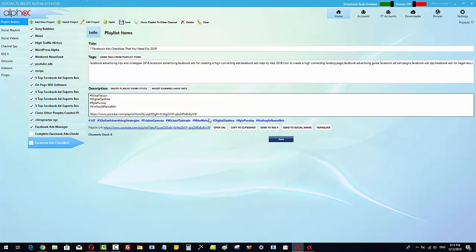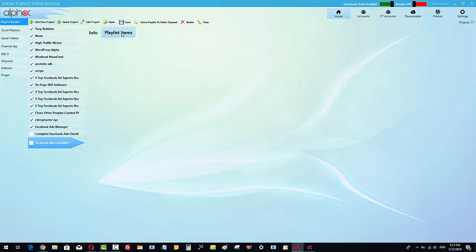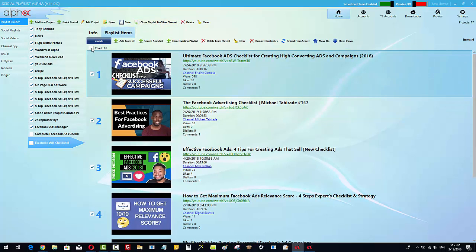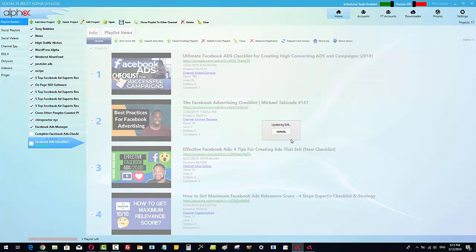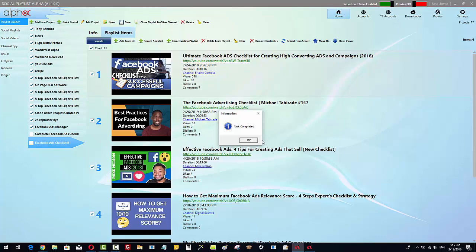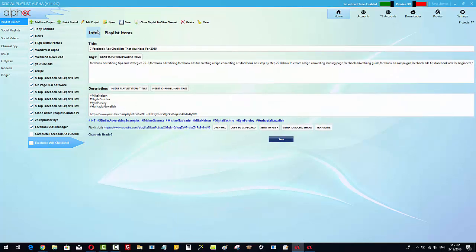Right, now what I want to do as well is I want to go into the playlist items, and I'm going to check all, and I'm going to click on update. And you can see here it's updating the playlist in real time. So it's created the playlist URL first without adding the videos. Now we've added the videos. If I come back over here and we just click on save here one more time so that we've got this URL in here,